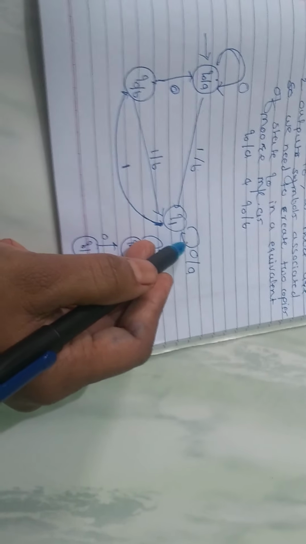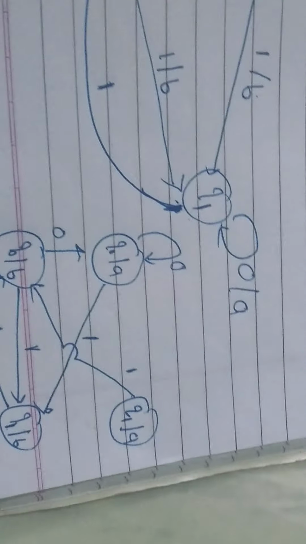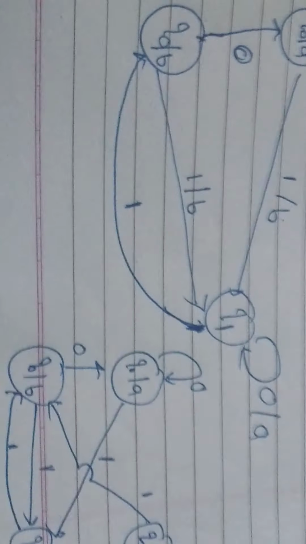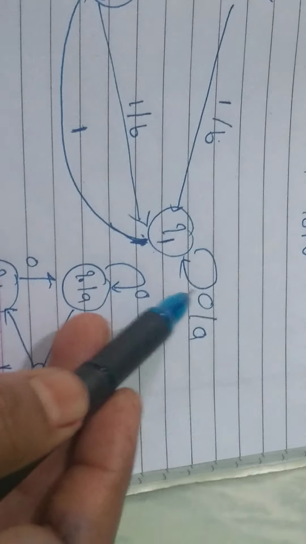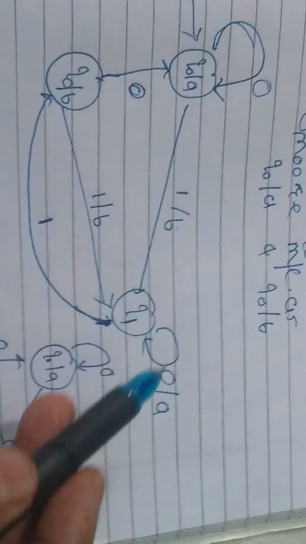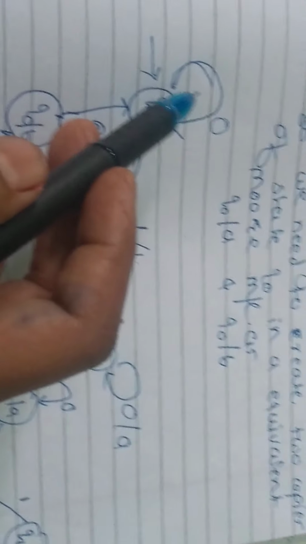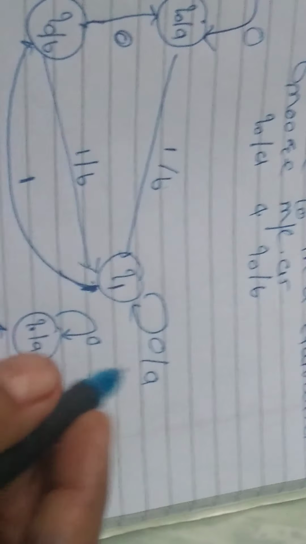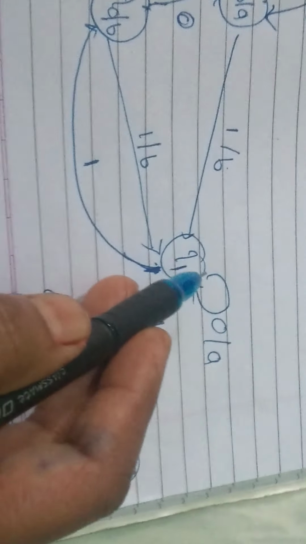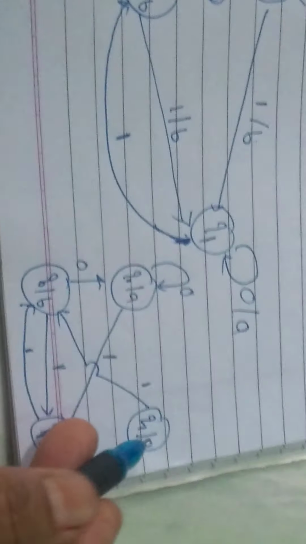Now let's see this one, Q0 oblique A. This is the self loop, so we have to process it in the same way as we processed this one, this self loop. Now let's see how to process it again. Okay, source is Q1, two copies are there,